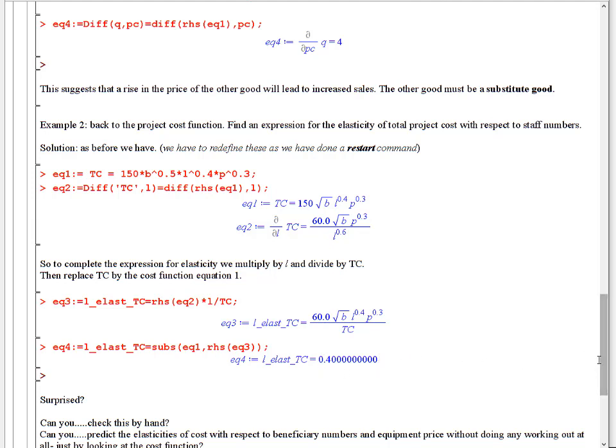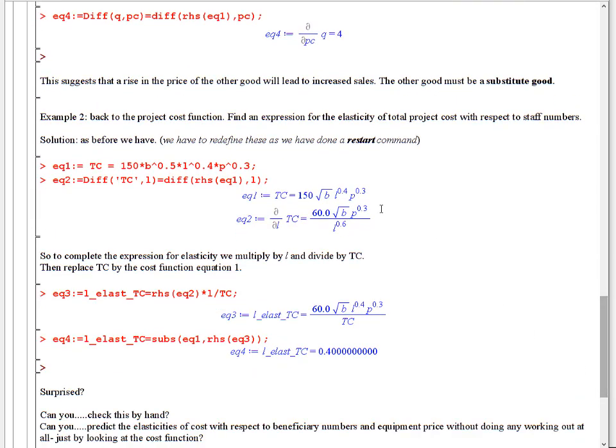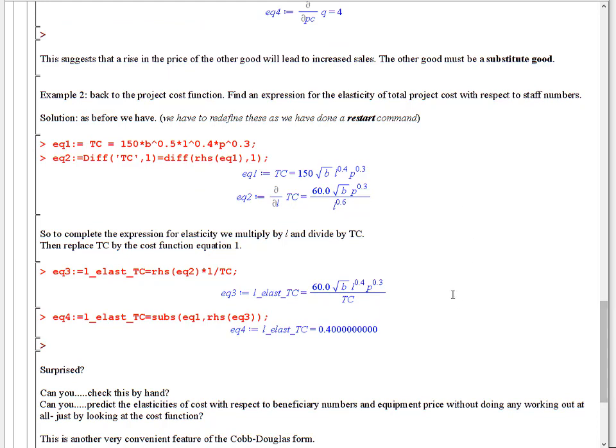So you should be able to follow those steps, but even though you should be able to do these steps, you don't have to, because you should be able to look at this and predict: if this is the elasticity of total costs with respect to employees, L, can you predict what's the price elasticity of cost with respect to beneficiary numbers and equipment price? So this is B to the power 0.5, this is P to the power 0.3. So can you predict what those would be? Just think for yourself, and